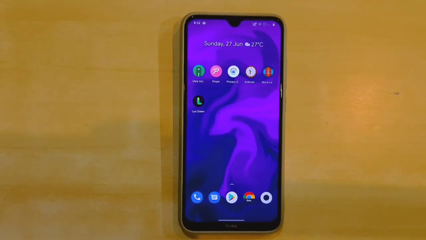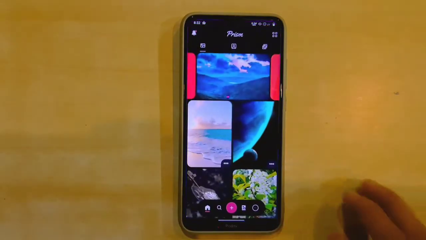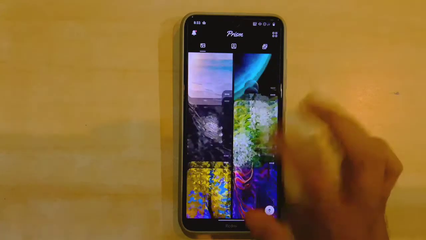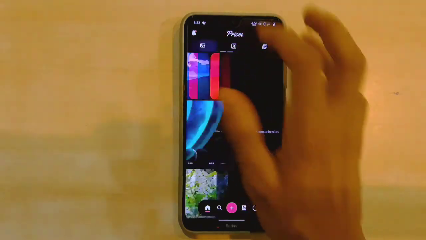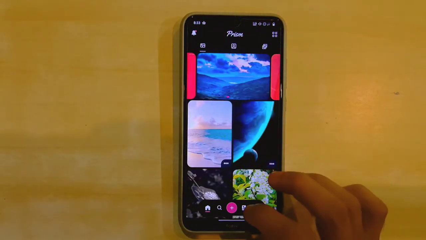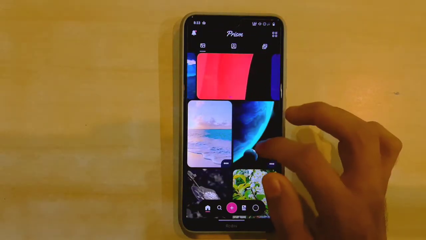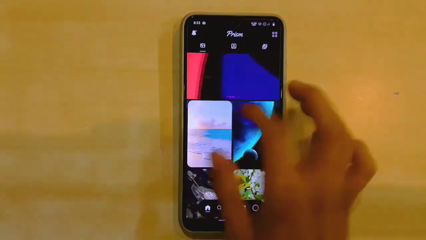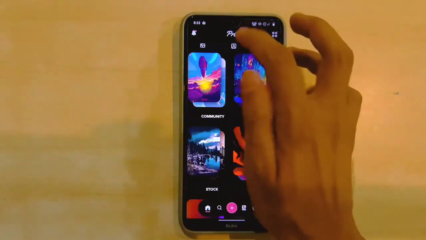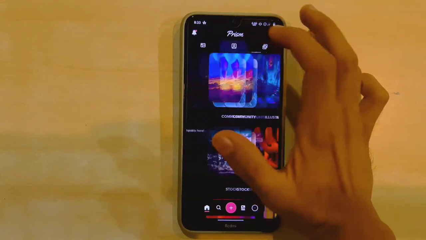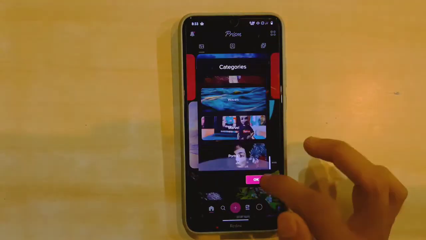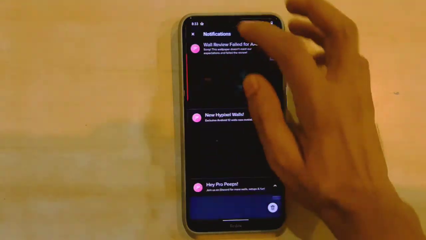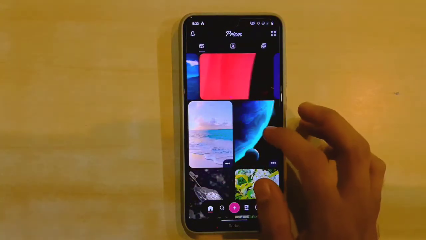So our second app for today's episode is Prism. Prism is a very simple wallpaper app which brings very cool, minimal and unique wallpapers and their setup straight to your Android device. As we can see, the wallpaper app UI is very unique. Unlike other apps, we get to see categories, personal favorite wallpapers, another type of categories section in the top right corner, and notifications as well.